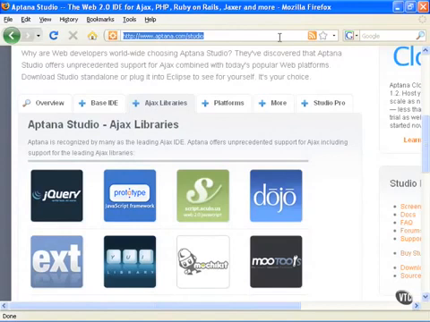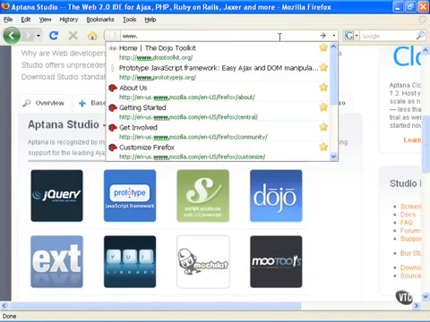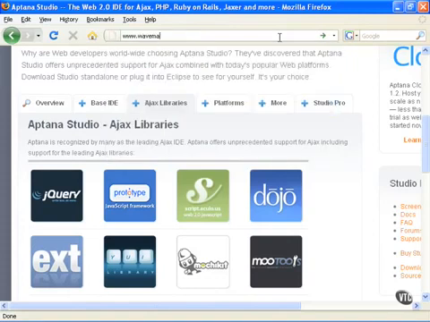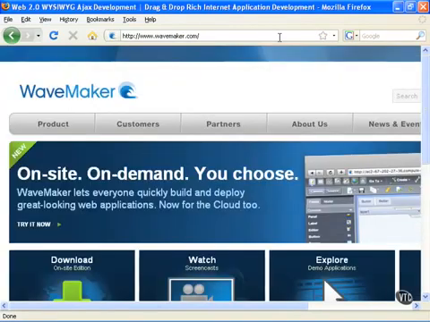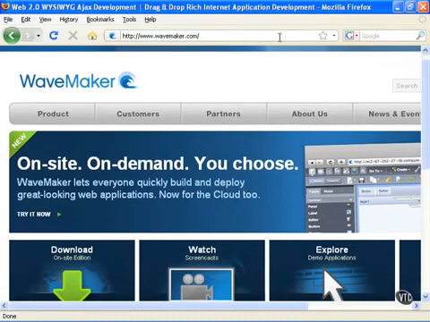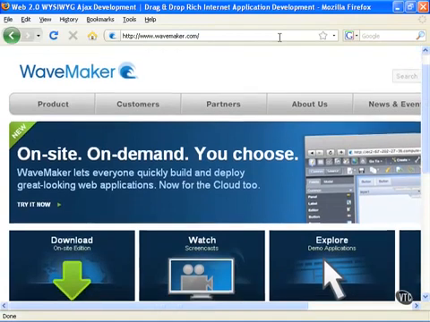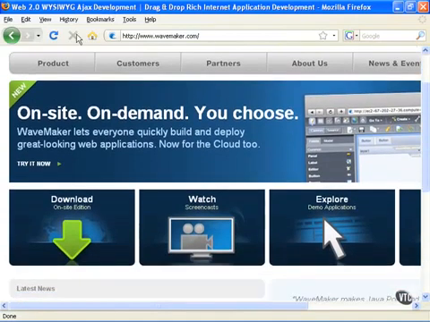Now there's another tool that you may want to investigate somewhat, and that's WaveMaker. So I'm going to go over to the website there at www.wavemaker.com. And WaveMaker is an application that's going to allow you to quickly create your rich internet applications. And this has support for Dojo. If I take a look at the product here,